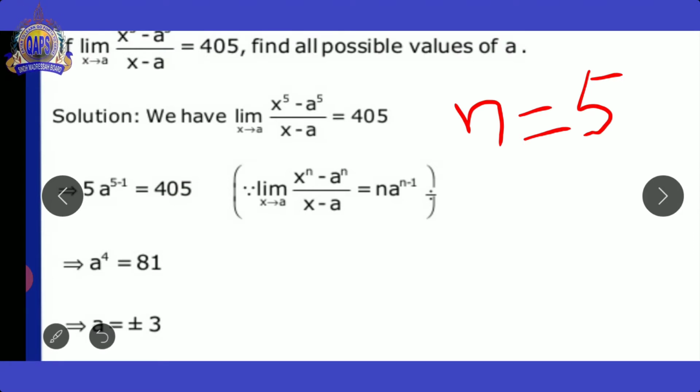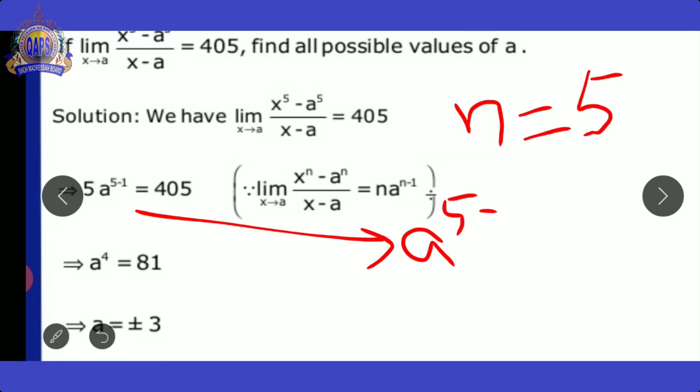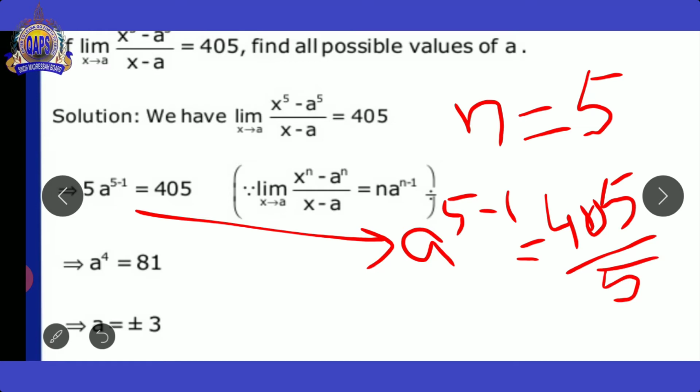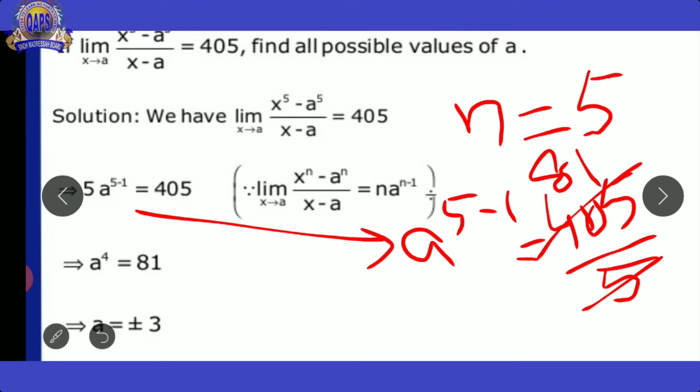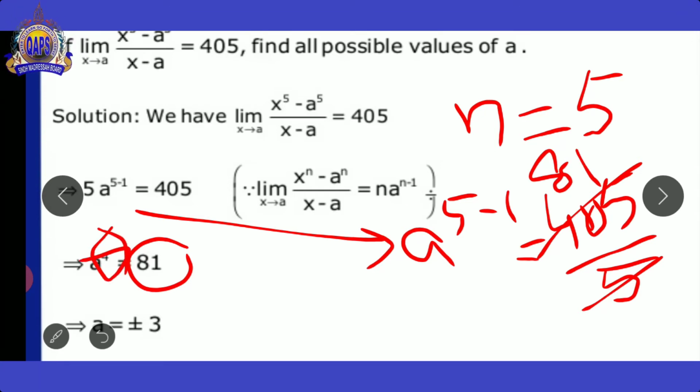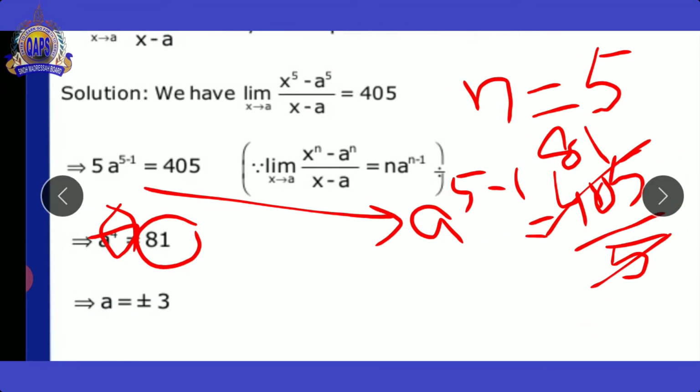So a power 5 minus 1 is equal to 405 upon 5, then 81 will come. So when we divide 405 by 5, the outcome will be 81, and 5 minus 1 will become 4. And now in this question, a power 4 is equal to 81,